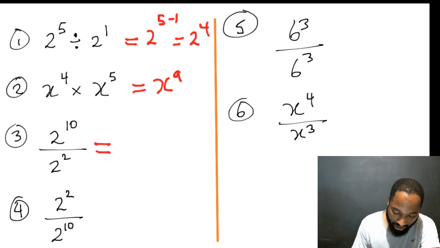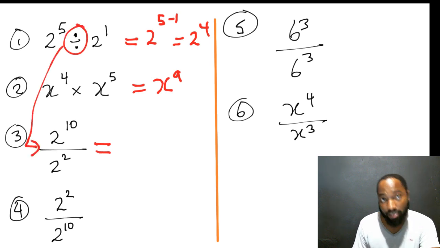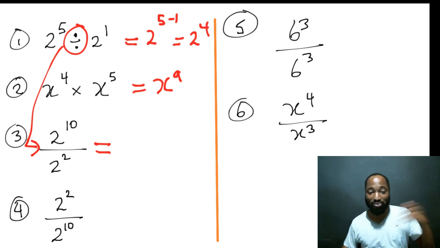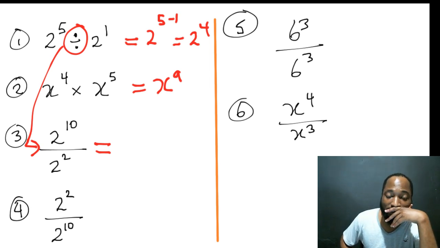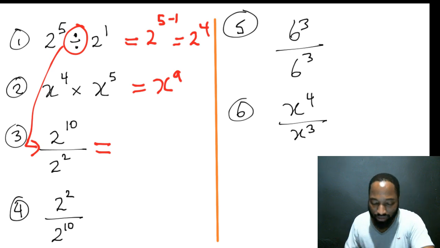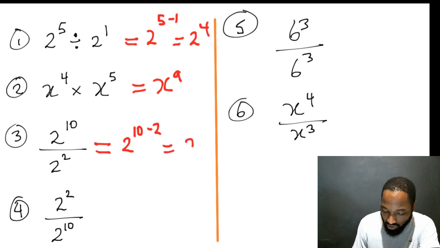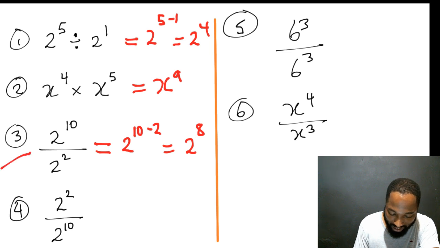So sometimes you'll see divide like this, or sometimes you'll see this thing here. I forget the name of that thing. And I pride myself in knowing everything in CSEC maths. What's the name of that thing? Something column or something like that. Right, so it's 2 to the power of 10 take away 2, which is actually 2 to the power of 8. Let's see if anybody can remember the name of this thing here, or you can use Google.